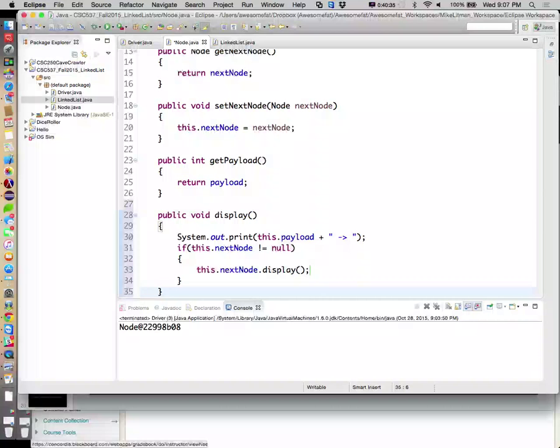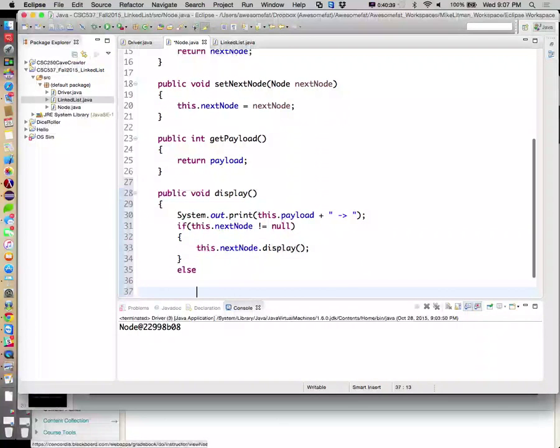Make sense? Otherwise, we'll say system.out.println. Let's just say end, something like that.